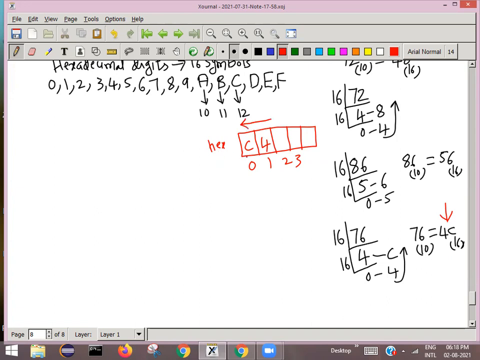You need to find the length of this array because it is a string. You can find it using the string length function. Since it is a string, it will be stored like this, and the \0 null character will be stored at the end. When you find the string length, it gives 2, and you have to start from index 1 onwards. So you decrement the length and go on reading the characters until you reach 0. Here we cannot use multiplying with the place value. That logic will not work here.